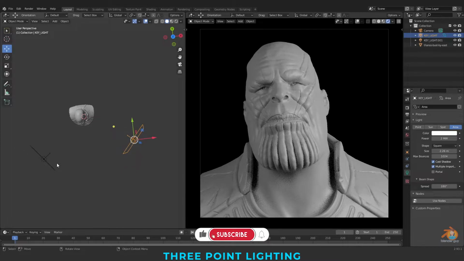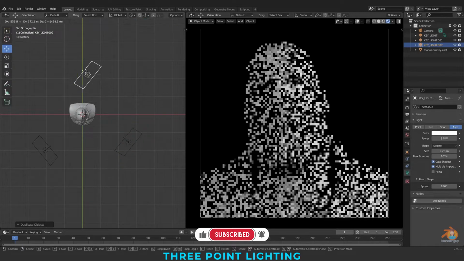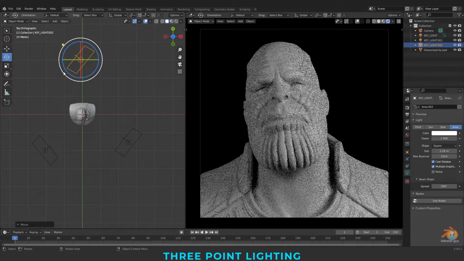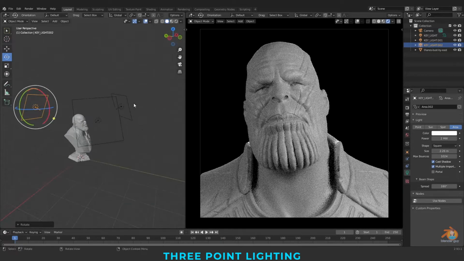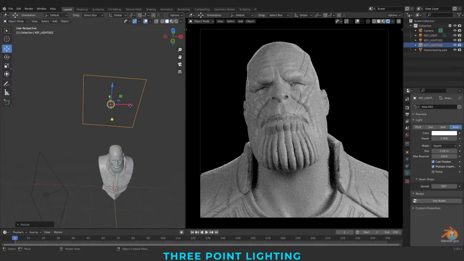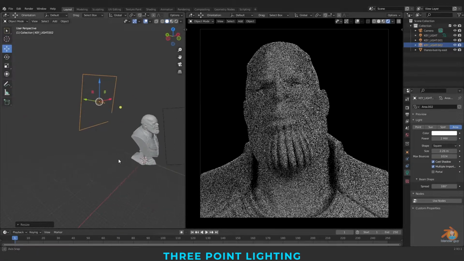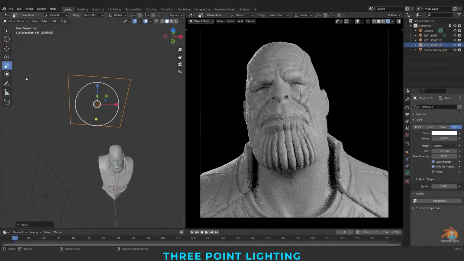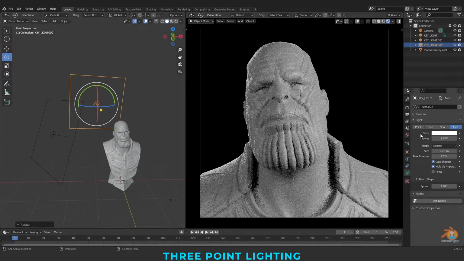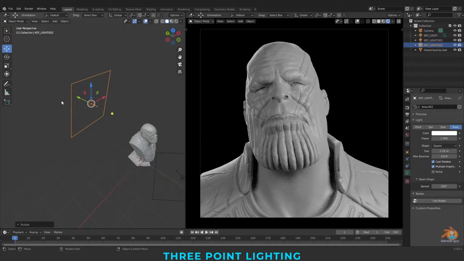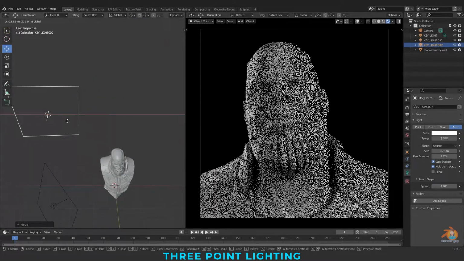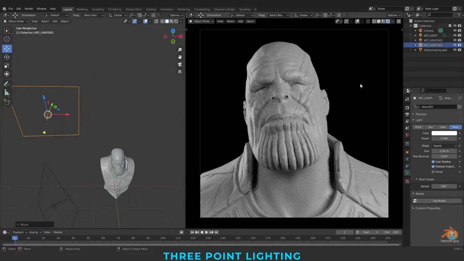And the next is, I'm again duplicating this light, placing it behind the character, also scaling the light bigger. So this is the basic 3-point lighting.